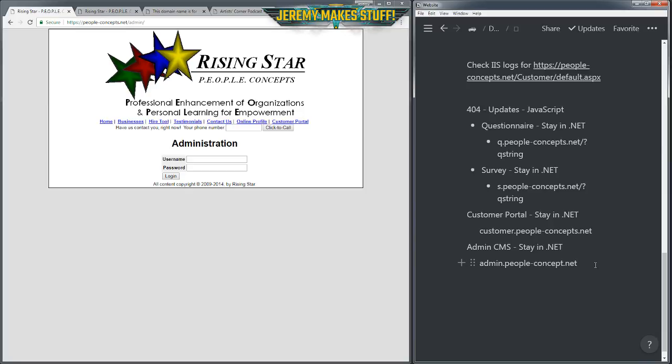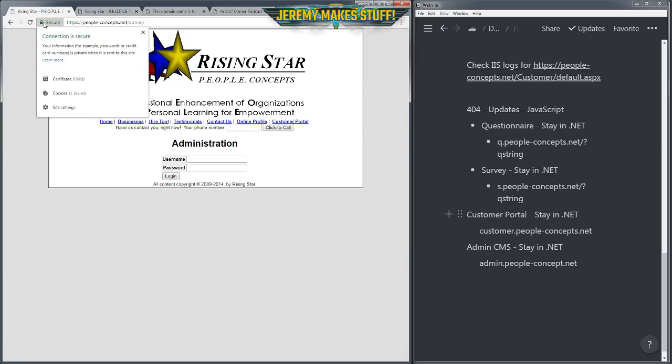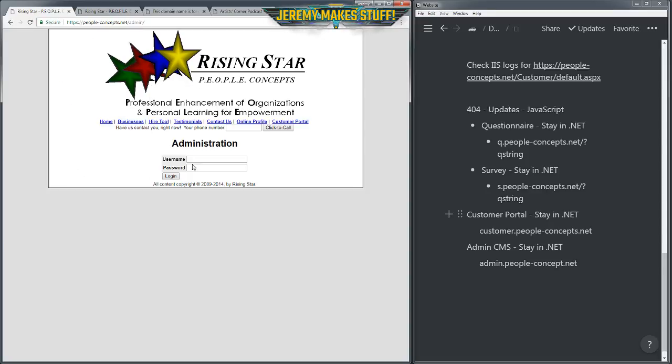Now, security, he says in the chat, yes, I'm here. Security is a big deal still. As you can see, I do have a valid SSL certificate for the website because of using usernames, passwords, email addresses, things like that.